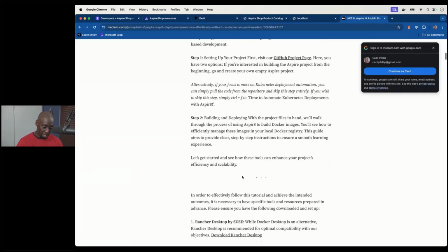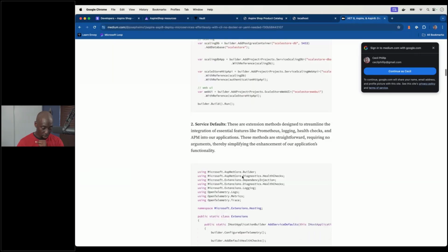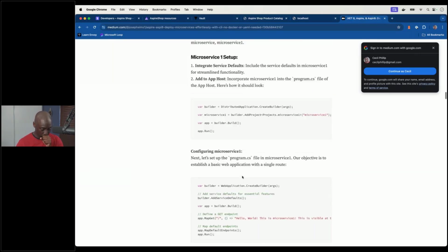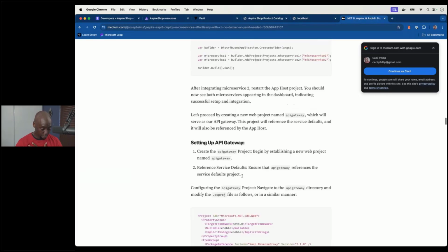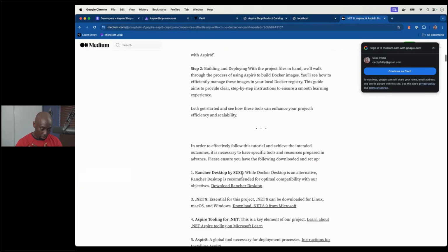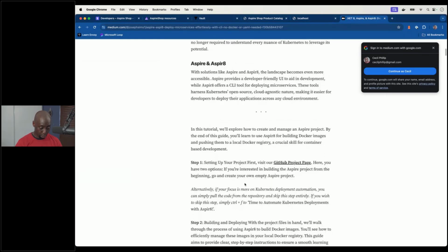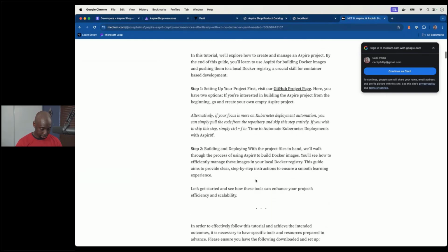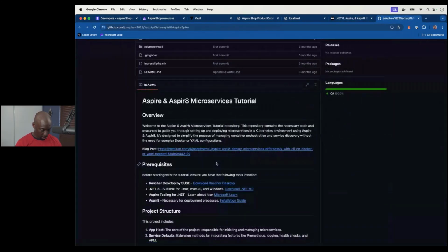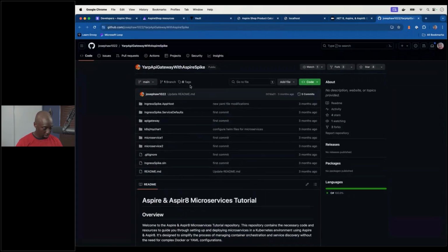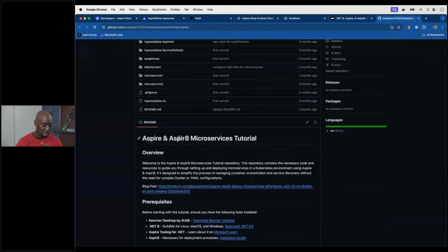Anyway, there's a thing that you could use, and what it will do is generate your, excuse me, your Kubernetes manifest file for you. Why can I not find the GitHub page for this thing? It will generate your Kubernetes manifest file for you, which is great. Maybe this is it. This can't be it because this is a demo. Anyway, if you look up Aspirate and .NET Aspire, it will generate your Kubernetes manifest file for you. If you're trying to deploy to AWS, there's AWS support as well.